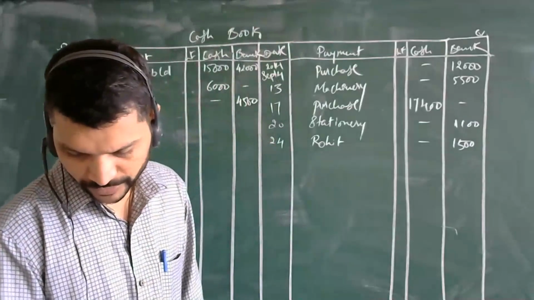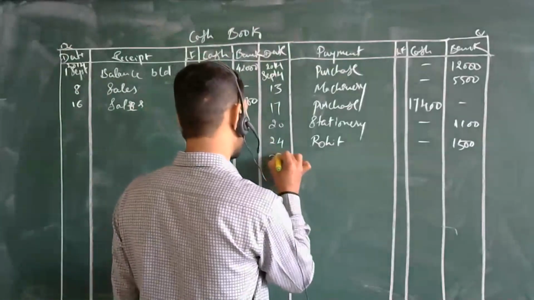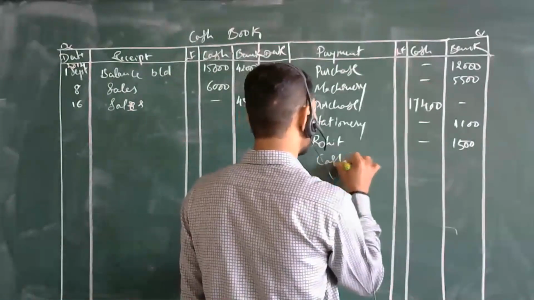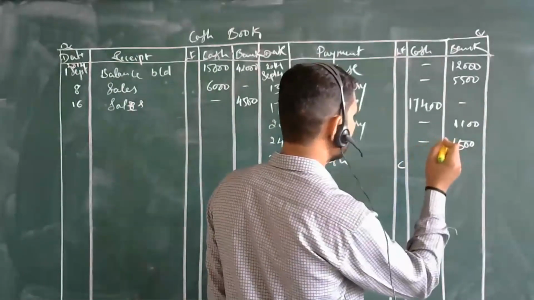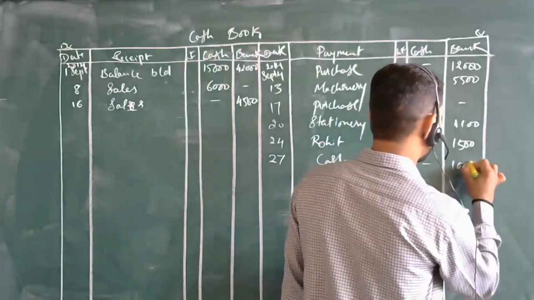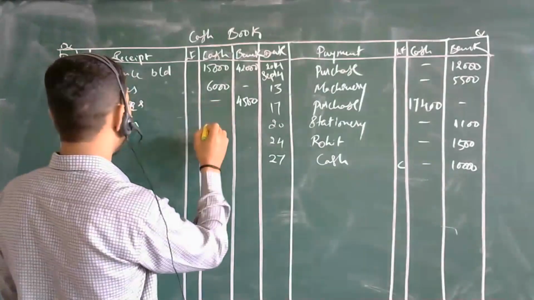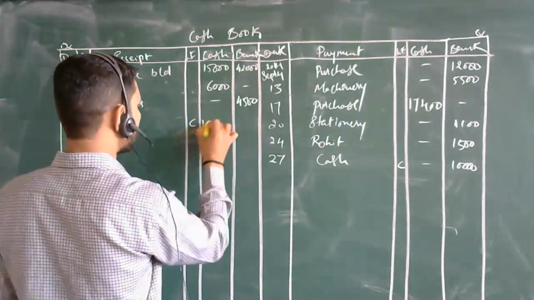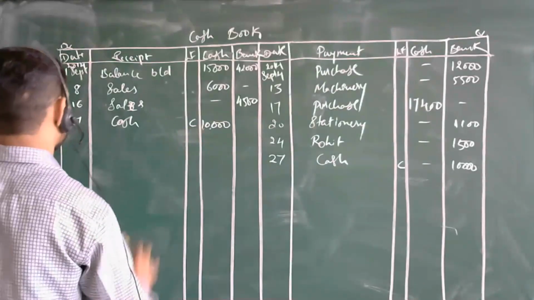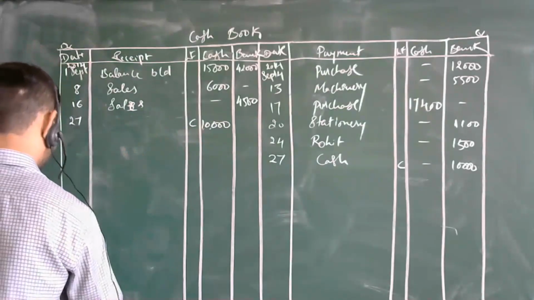So one you can show on 27th. What it is? Cash only. Cash withdrawal. In folio you can write, see. From bank it is, how much it is? 10,000. 10,000. The same other transaction is not told, means here cash in hand you are having. How much it is? 10,000. So bank, na? Okay, bank, sorry. Bank.